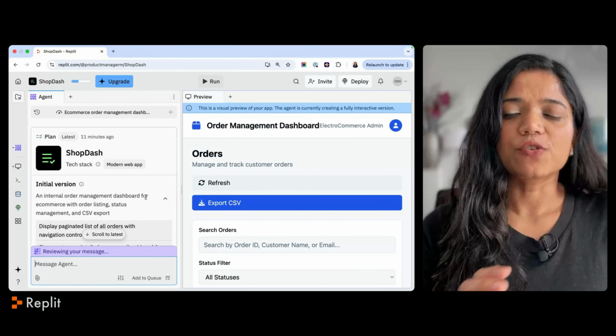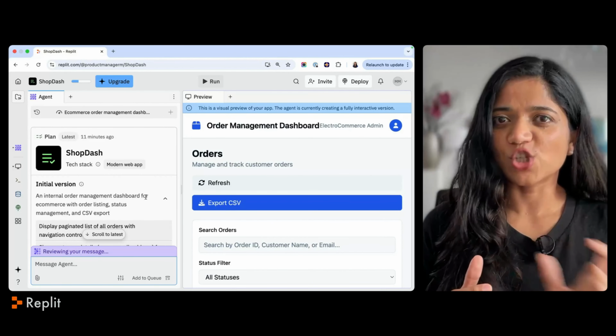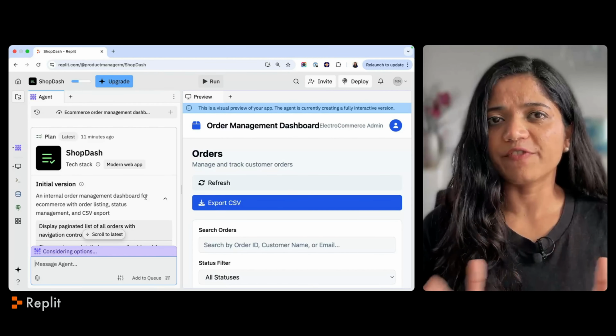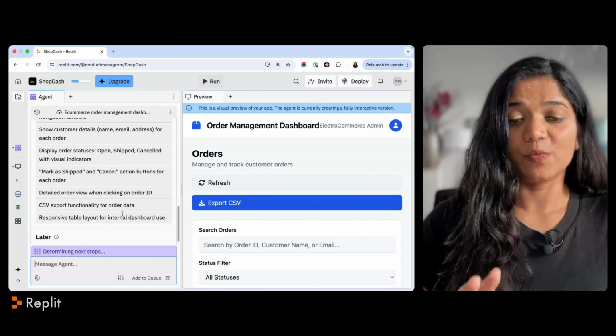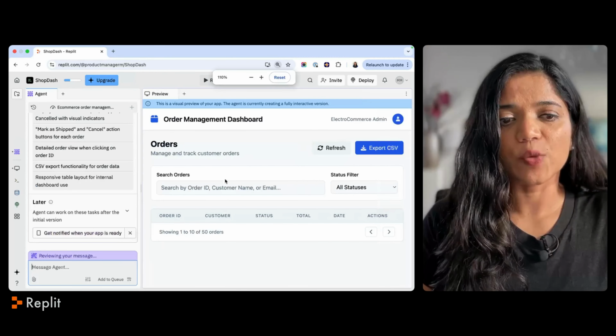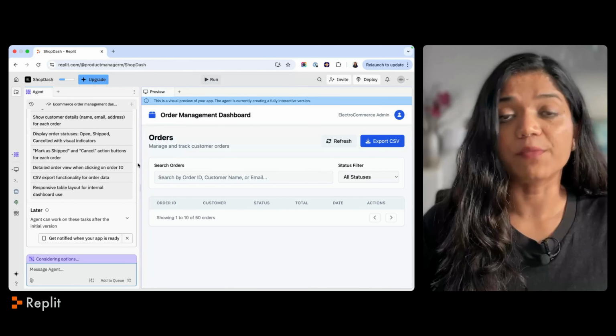Now, this kind of feature is available in other tools also, but it's a separate discuss mode or chat mode, and that's been added to these tools. So all tools have similar features by now. All right, so it's determining next steps. The plan has been approved, so it should start working on it now. I had zoomed in my screen earlier, so I'm going to zoom out a little to get a full view of what they are showing me as output.